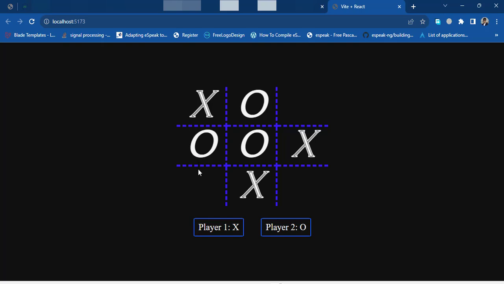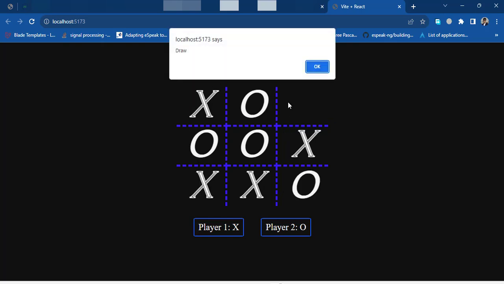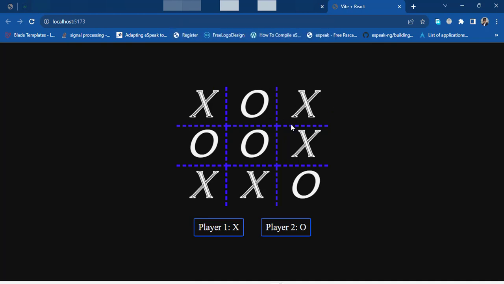Okay, so it means that no one is winner right now. No one is winner. Check draw, okay, match as draw. It means that no one is winner. Three cells are not equal vertically or horizontally or on the corner side. So we did that also. So now we will display a message, and also a button